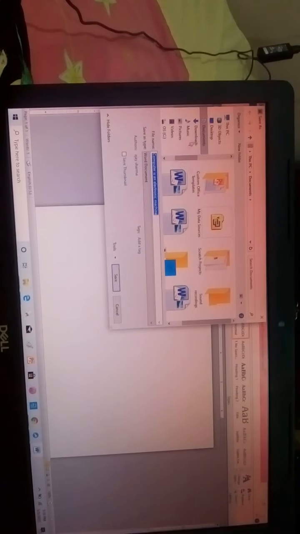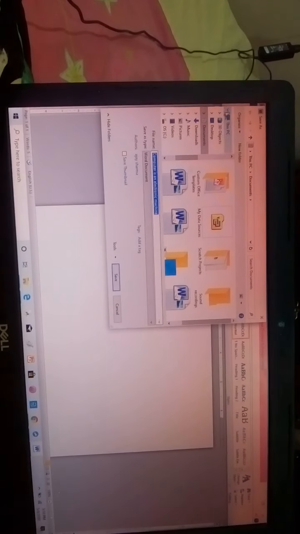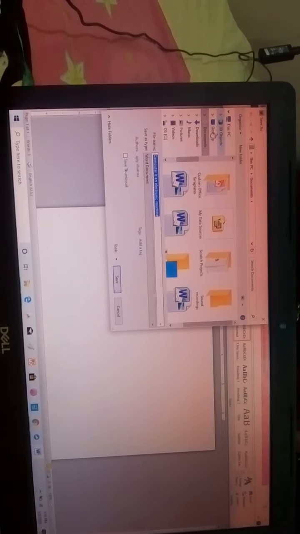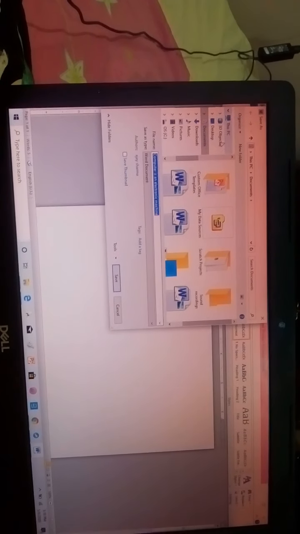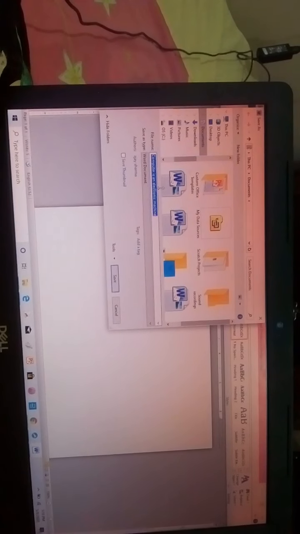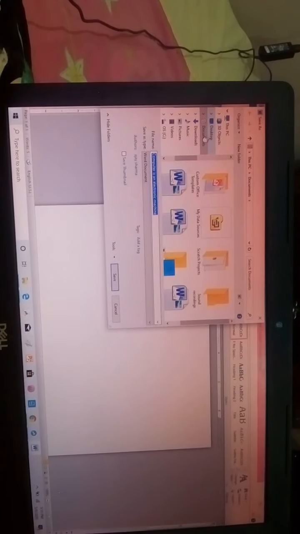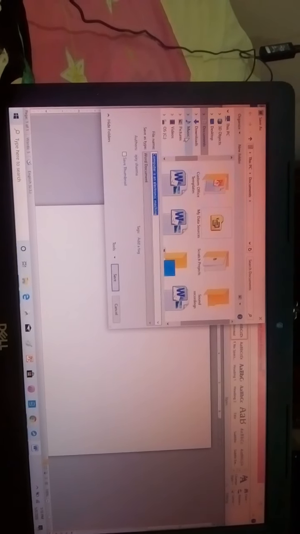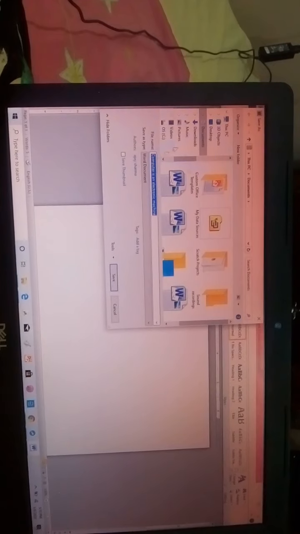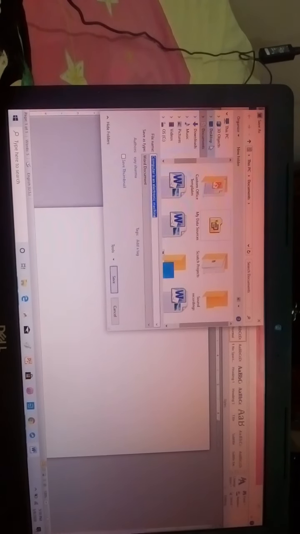Okay, at the left pane, this is your left pane and this is your right pane. At the left pane you can decide your storage location, in which storage location you want to store this file. It means if you want to store your file in the desktop or the documents or the downloads. By default it will save in the documents. But I want to save this file on the desktop, so I will select the desktop location.